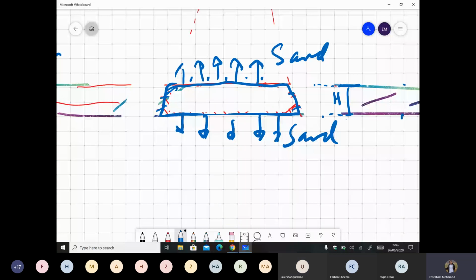So if this is the center line, that means this is h/2. Then the water farthest away is at the center. This water has to travel all the way here, and this water has to travel all the way here. So it can either move up or down. Anything in between has to travel less than the half thickness of the clay layer. So your answer is that water can move up or down.